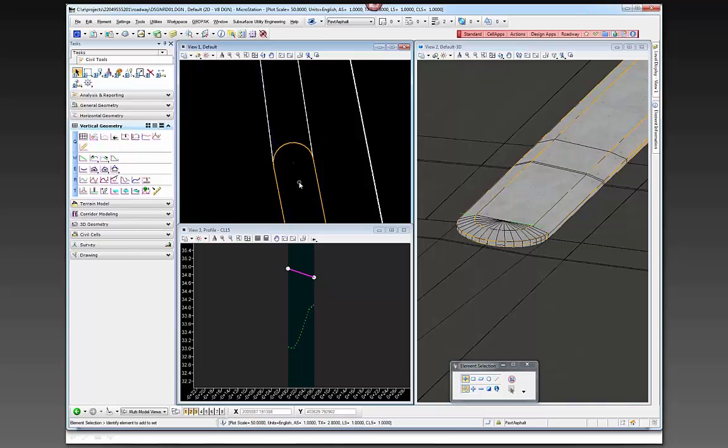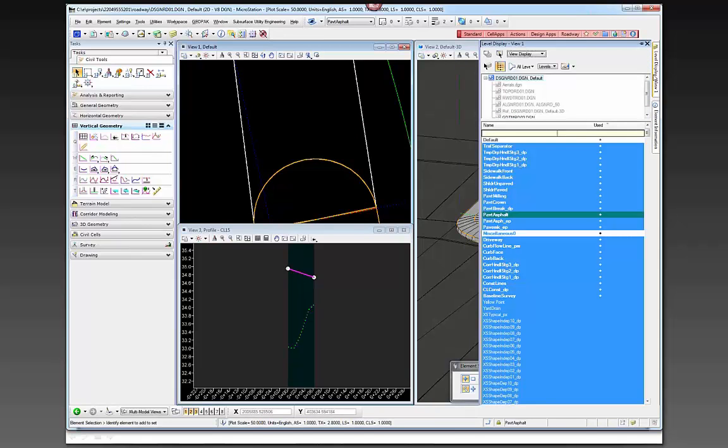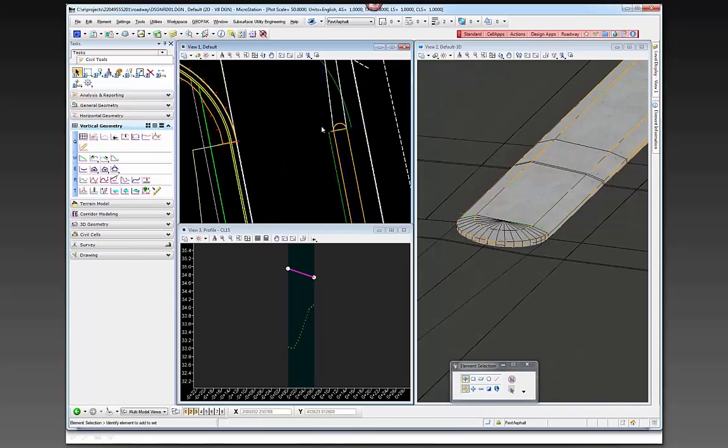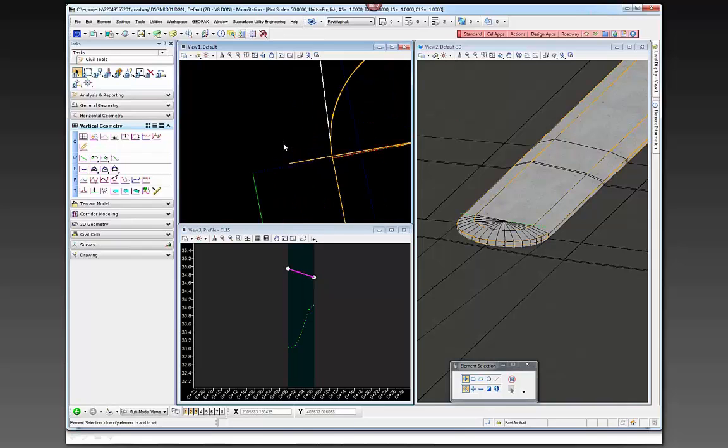If I turn on the corridor boundaries, you would actually see a corridor boundary, well, there it is right there. It just happens to be the same color as the traffic separator, but that's the actual linear